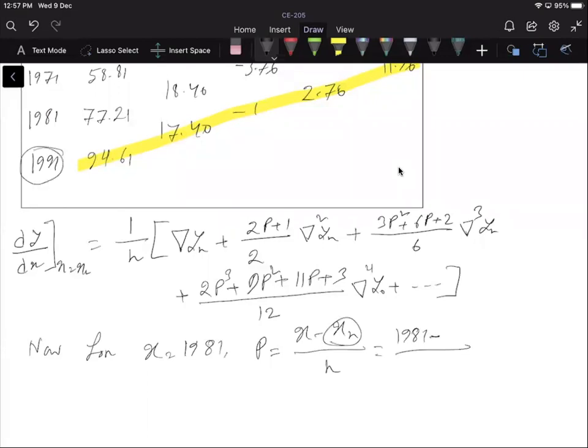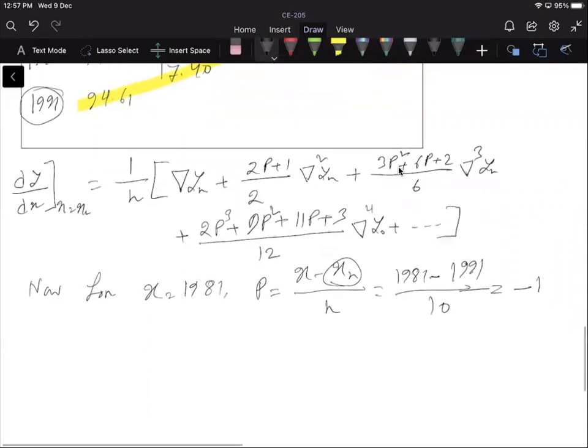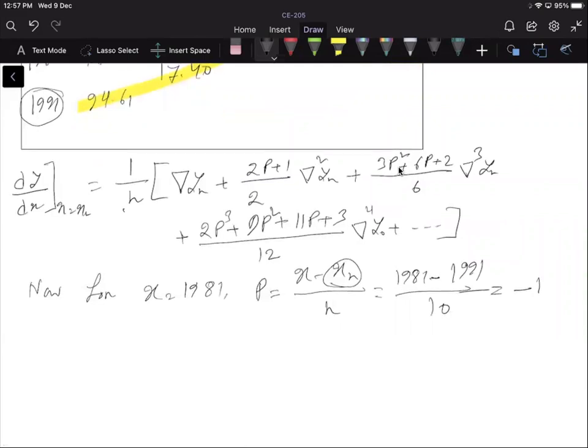Xn means the last term, that means 1991 divided by h, which is 10, that means it is 9 minus 1. Okay, p is minus 1. So you can put this value here, the two unknowns h, p and the coefficients. So dy by dx at x is equal to